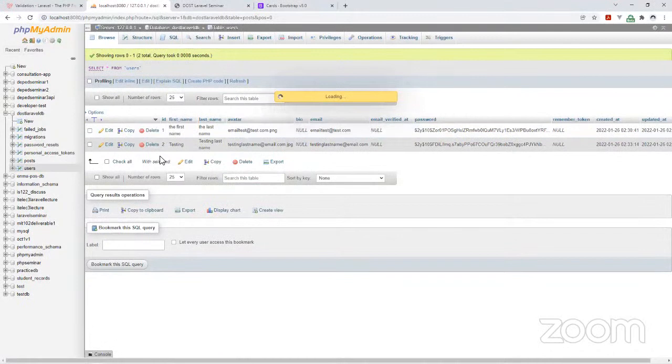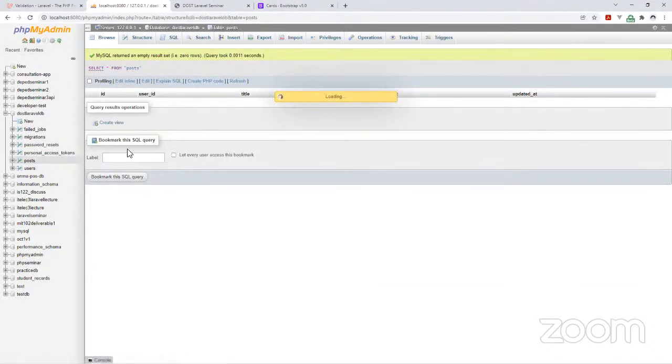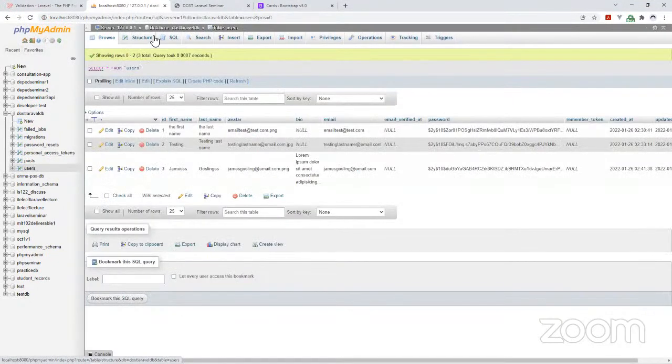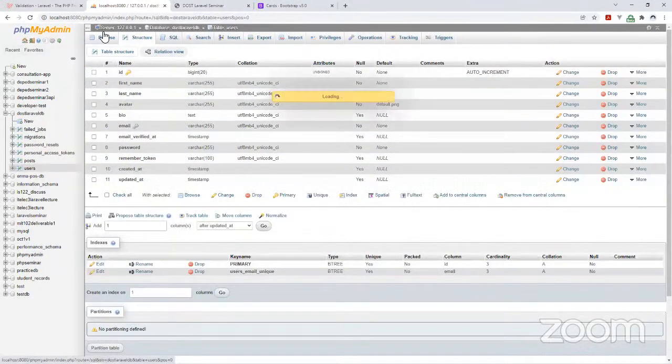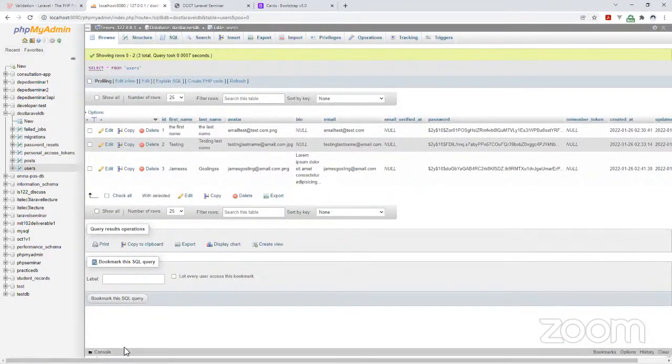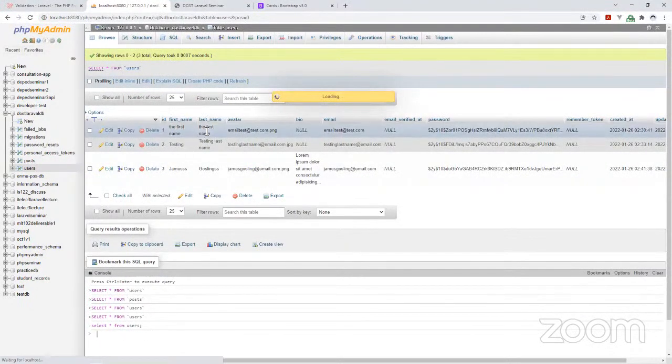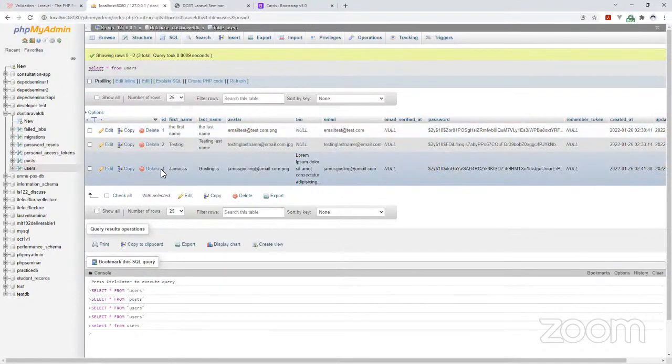So opening our table. Okay, so we have these columns in our table. So with that, okay, going back also to the users table. So we have these users available in our phpMyAdmin. So from users. So we have this James Gosling as an ID of 3. So let's create three users with